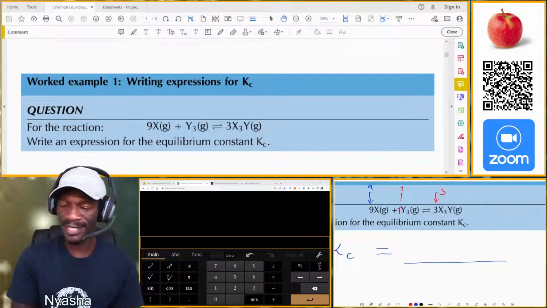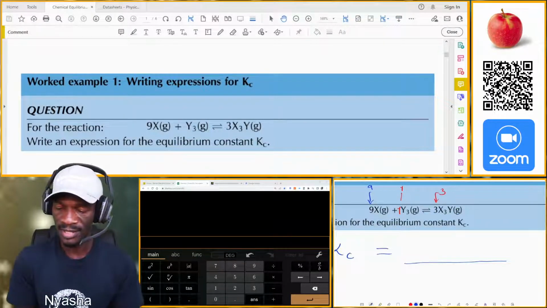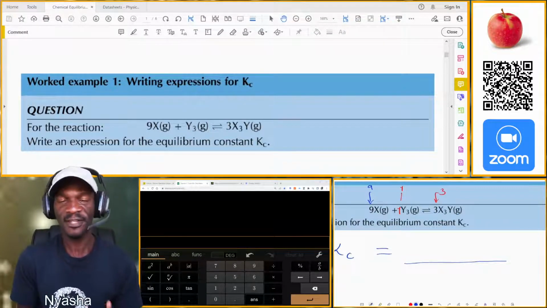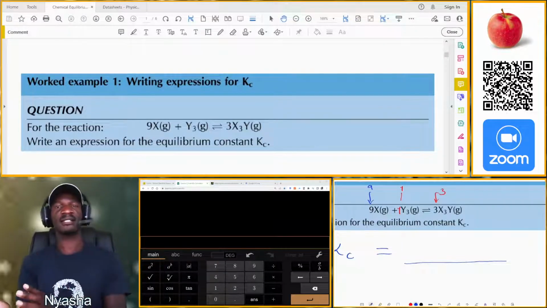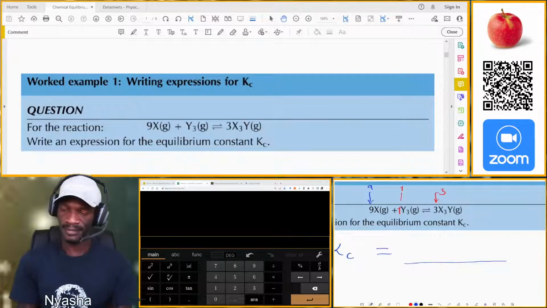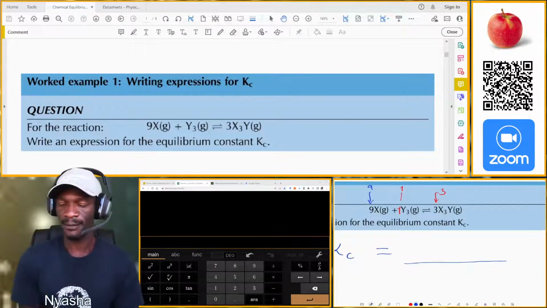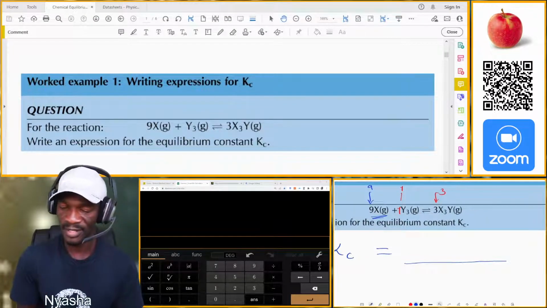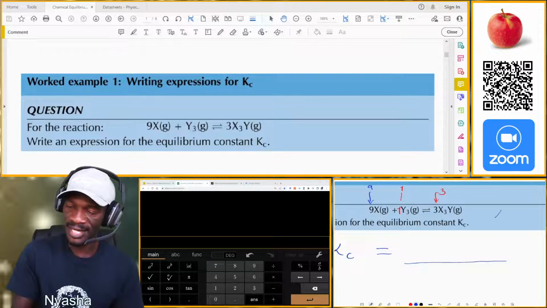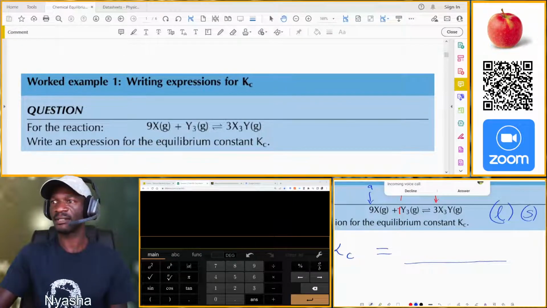The product is the X3Y gas. This means that the first thing is we've identified the products and the reactants. The second thing is, what is the state, the phase of these elements? If an element is in its pure liquid or solid state,